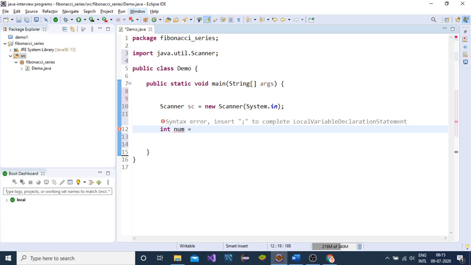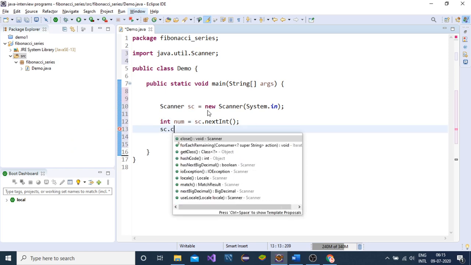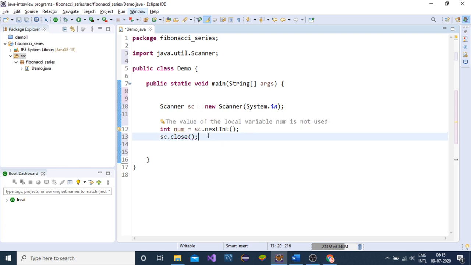Num equals sc dot nextInt. Now close the scanner. Now we have got the number, the count till which we want to print our series.